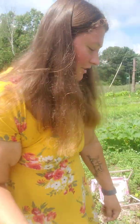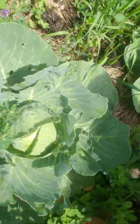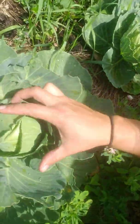And I just kind of want to end and show you my little cabbage plants that Seth said the other day, I don't care how much cabbage you grow, we cannot have enough sauerkraut for the year, which is true. But also, I have cute little cabbage plants and cute little cabbages, but they're teeny tiny. I'm excited that I have cabbages, but they're definitely not enough for my Polish husband to eat sauerkraut throughout the year. So we will be buying some local cabbage and making some more sauerkraut